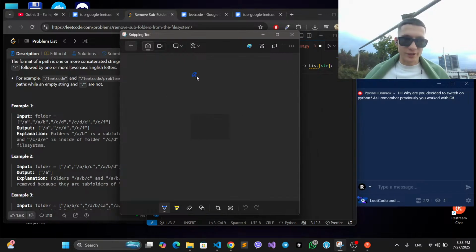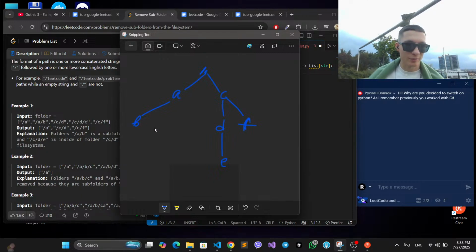So we're gonna start with A, right? Then we have branching in our trie to B. We have also C, and this is our slash kind of root. So yeah, we have root A, root C. C has D. D has E. C has F. Right, and we're gonna build this trie data structure, and every single time when we reach the terminating folder,